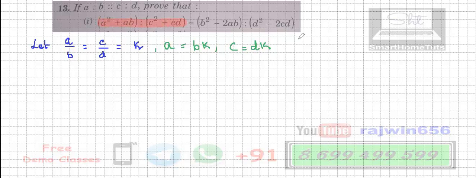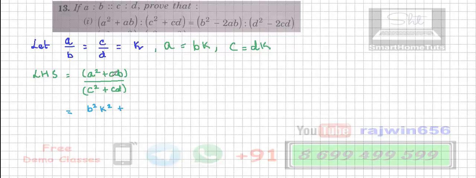Now I'm going to take the left hand side. This part from here to here is our left hand side, that is LHS. So we have LHS equal to A square plus AB upon C square plus CD. Now I'm going to substitute what A and C are in terms of B, K and DK. Instead of A, I'm going to write BK. A square is B square K square